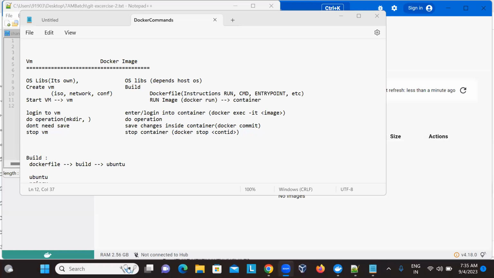Okay, so last time we were talking about different commands and different scenarios related to Docker, especially how to create an image using a Dockerfile, what the instructions are, and how that would look. Everything we have seen. And today we will talk about